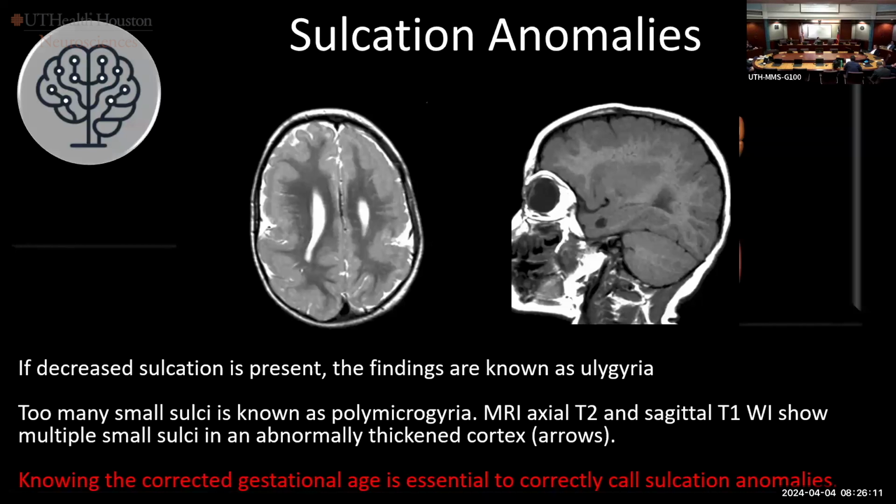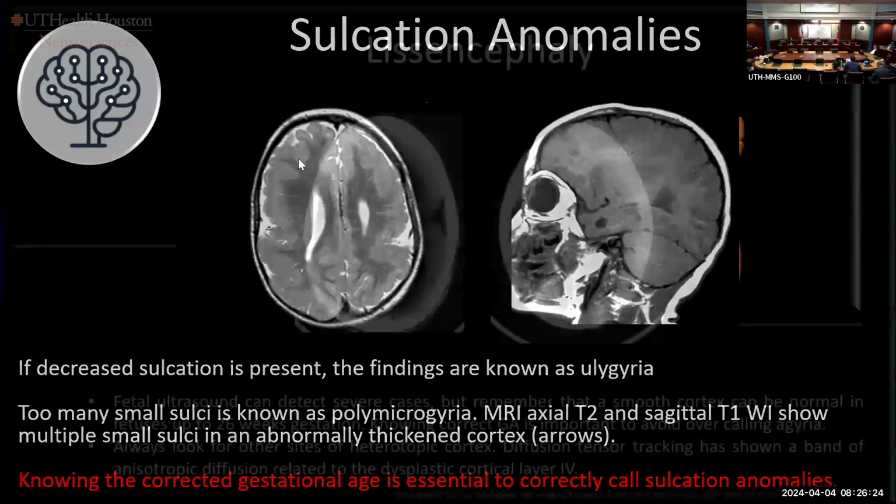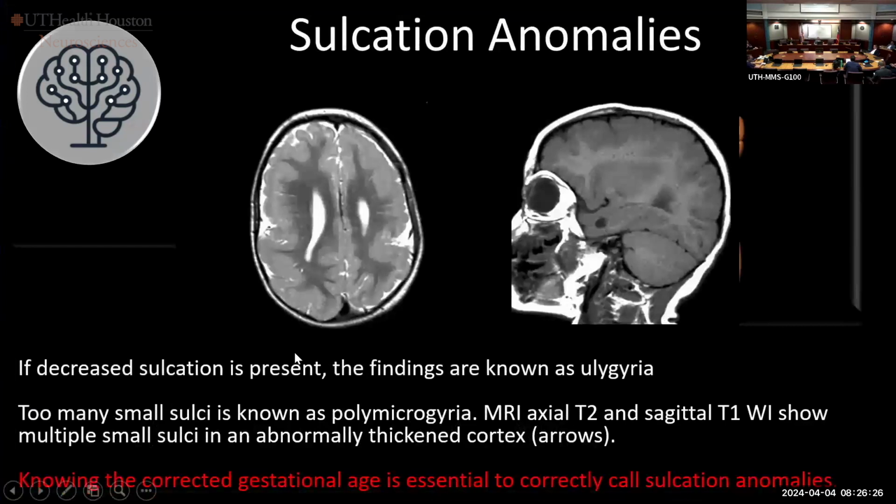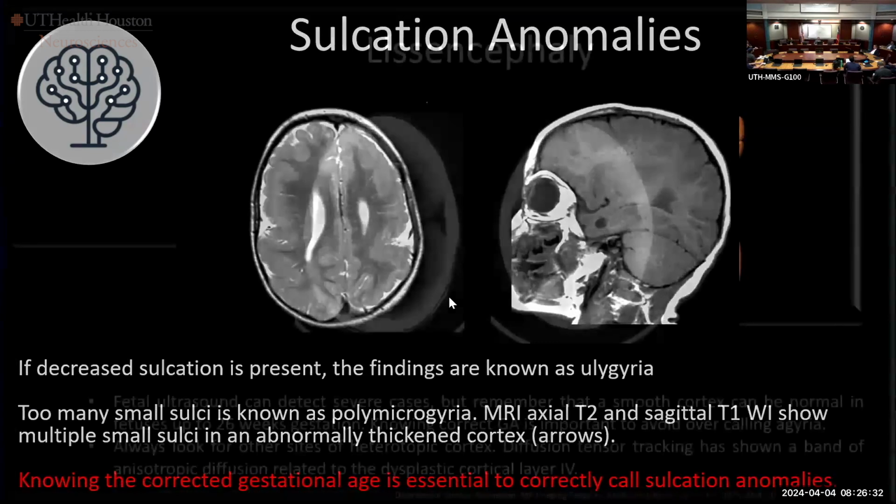When you look at symmetric disease, it's not easy. We're all concentrated and looking at symmetric. Look at its asymmetry on the left side, but it's very thick. It's under sulcated. This is how sulcation should happen. So this is oligosulcia, which is that you do not have enough sulci. So remember that about the corrected gestation rate I put there, but you're going to miss them if you don't